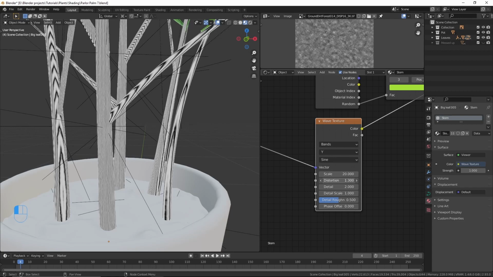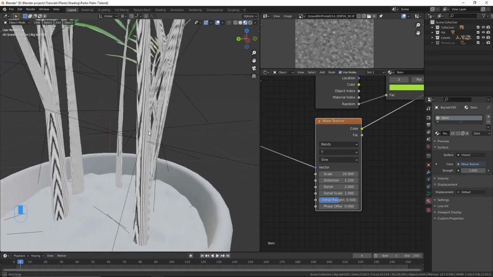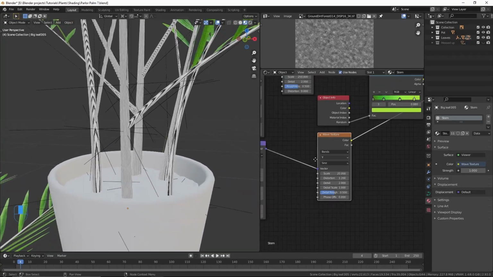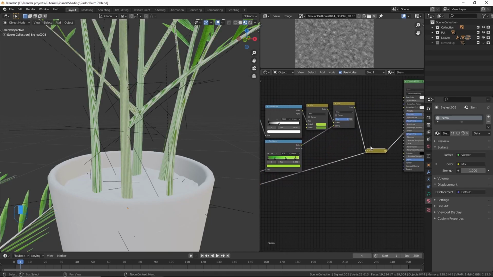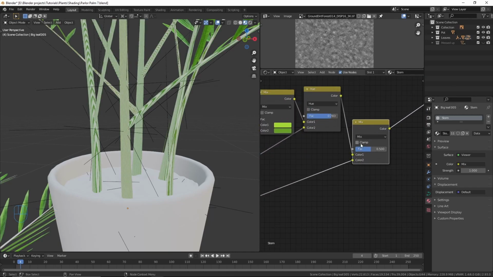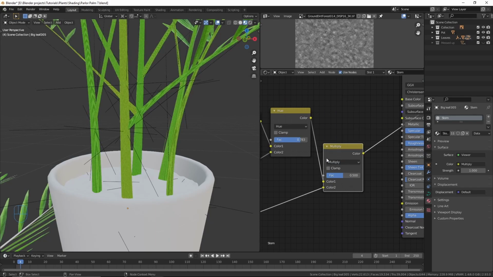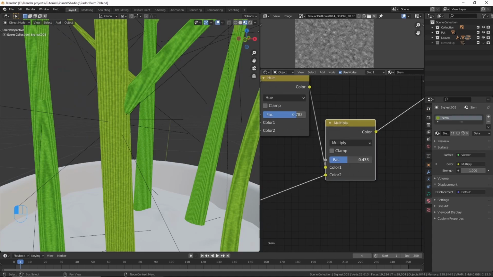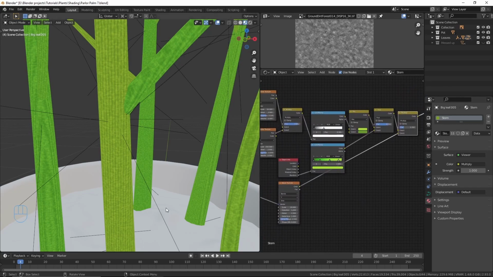Then I'm gonna increase the distortion a little bit, something around 1.2. And these waves are looking bad at the sides, but just forget about that. Then I'm gonna mix this with this node, and I'm gonna change the blend type to multiply, and then I'm gonna decrease that down to something around 0.3. And now we have these lines,